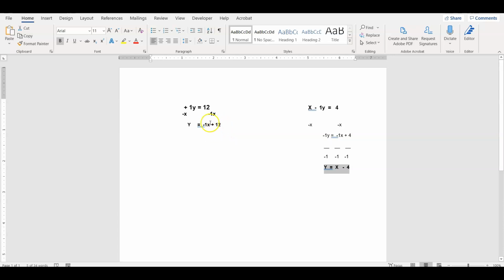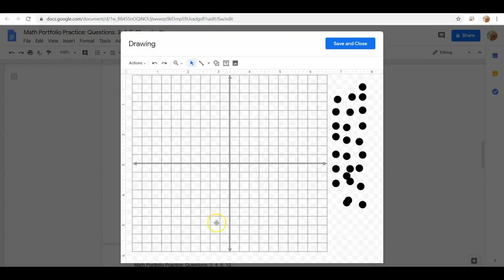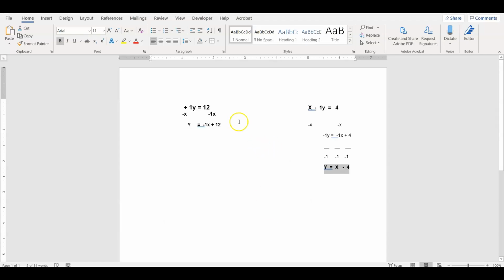So if I have negative 1x plus 12, the way I graph that is by looking at the y-intercept first. On the sheet, I indicated that the y-intercept can be found here, where b would be. So if it's y equals mx plus b,